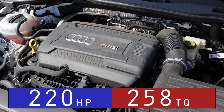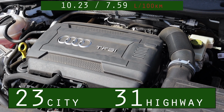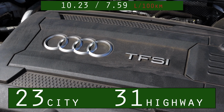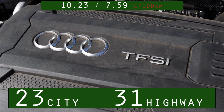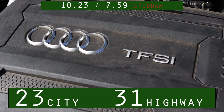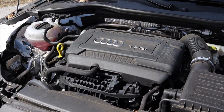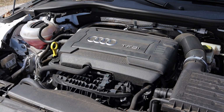And while doing so, it gets 23 miles to the gallon in the city, 31 miles to the gallon on the highway. That's that nice little 4-cylinder action for you. When it's not using the turbo, it actually gets 31 miles to the gallon on the highway, which is really, really nice. And the reason I said this isn't the full bore, full Audi TT is because there is an